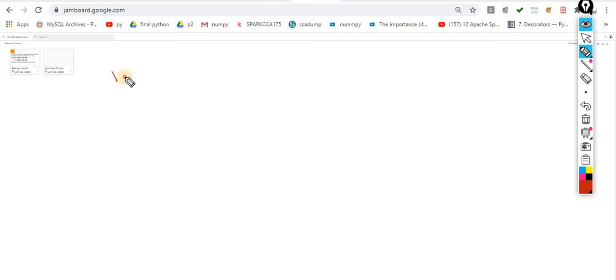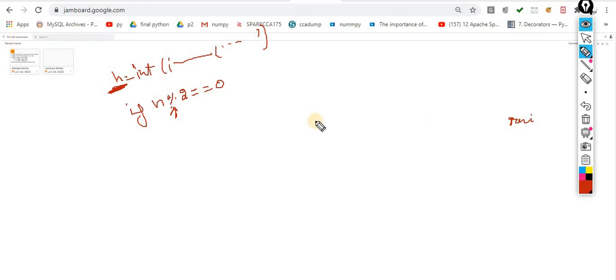So, a very simple program. I am asking the user for input and getting the input. After getting the input, I am checking whether this input is even or odd. To do it, very simple, we know if n modulo 2 double equals 0, because I use this mod operator and I know this mod operator will return the remainder. After that I have to put a colon. If this condition is true, then what exactly do you have to do? You just print the number is even. Else, what do you have to do? Print the number is odd. That's it. Very simple logic.